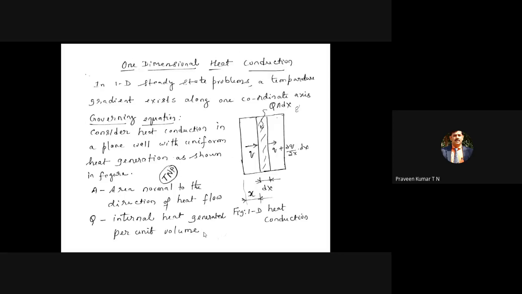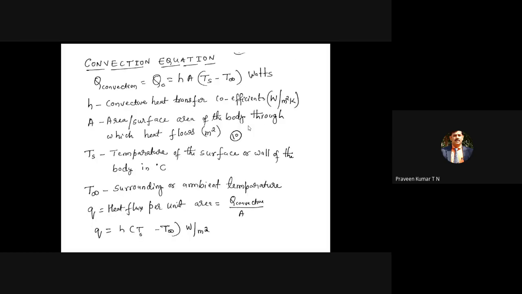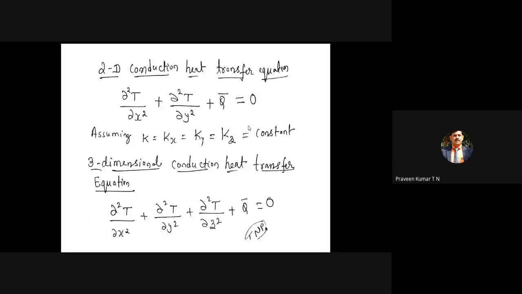as well as a variation in temperature along the y direction also. If you see the same diagram, suppose the left end of the wall has a temperature of 200 and the right end of the wall is 100 degrees Celsius. There is a variation along the x direction. If you consider the bottom of the wall at, let it be, 500 degrees Celsius, and the top end of the wall at 200 degrees Celsius, there is a variation of temperature along the y direction also. Then such type of heat transfer is referred to as two-dimensional heat transfer.